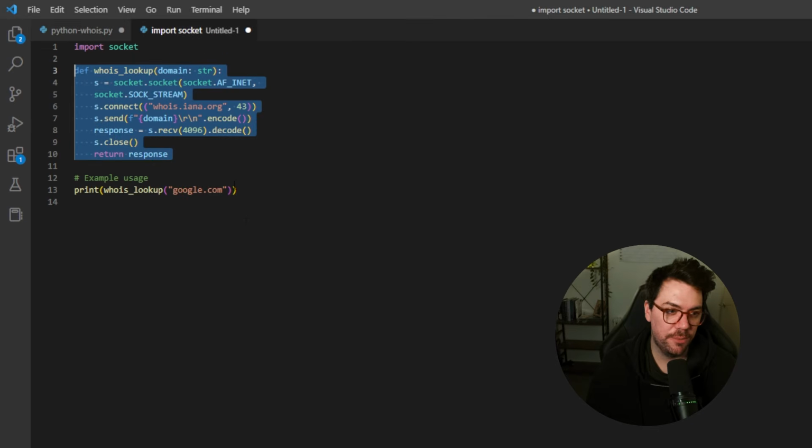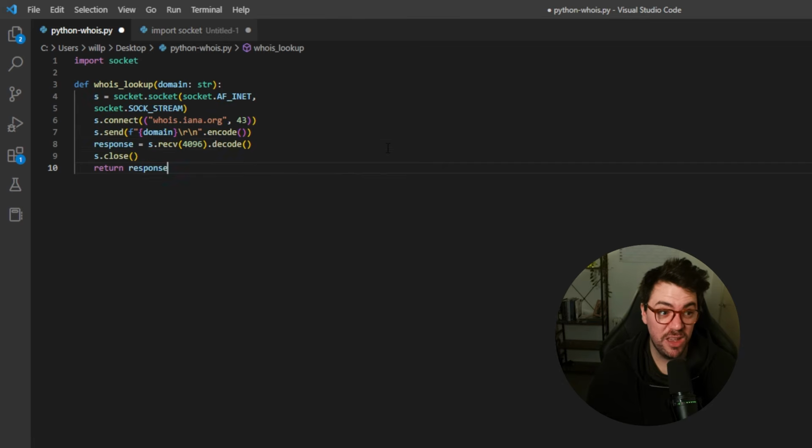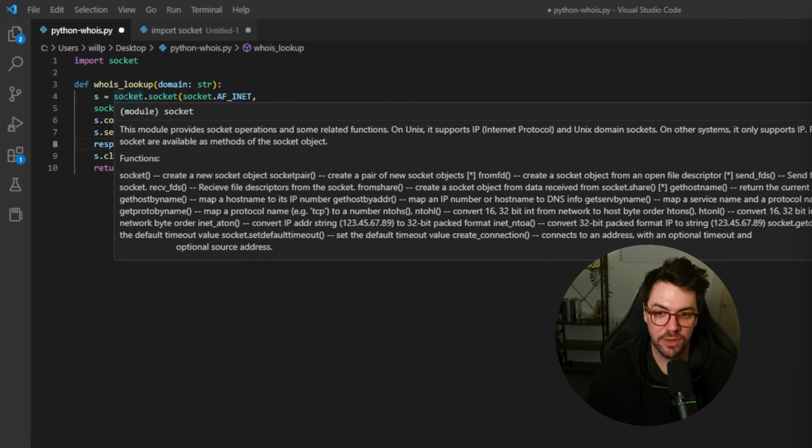Next, we need to go and grab the function, and this is the only function in this script, although it's quite a complicated one, it's got quite a lot of information. So we are going to call it whois_lookup, and we're going to pass in a string argument called domain. We're then setting a variable called s, and we're creating a socket using the socket method, which